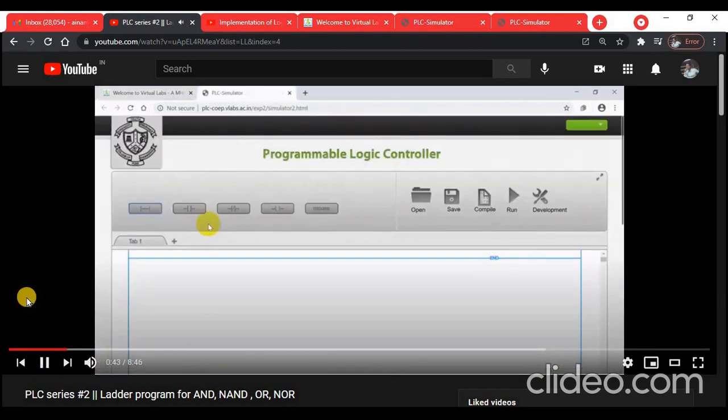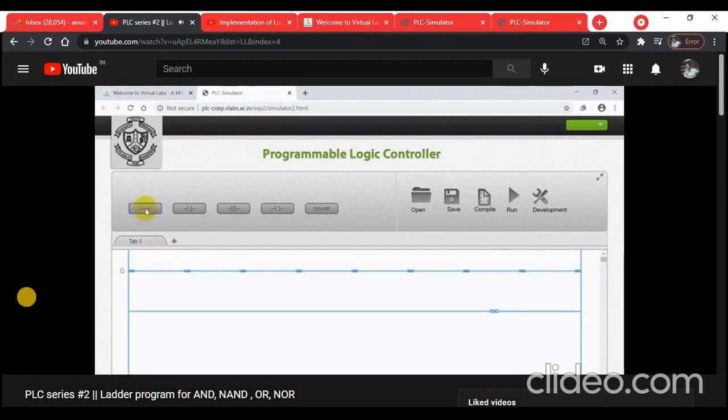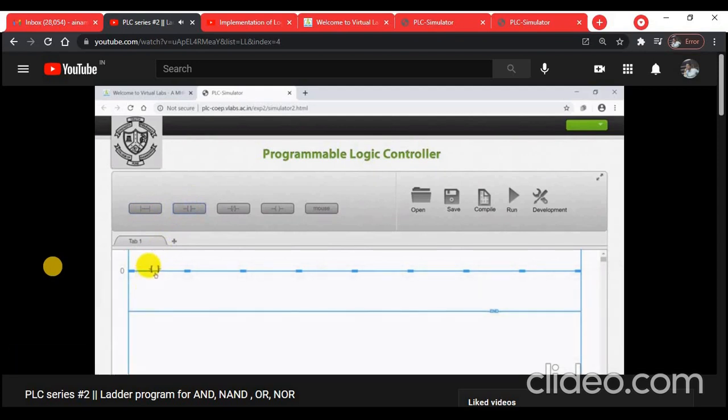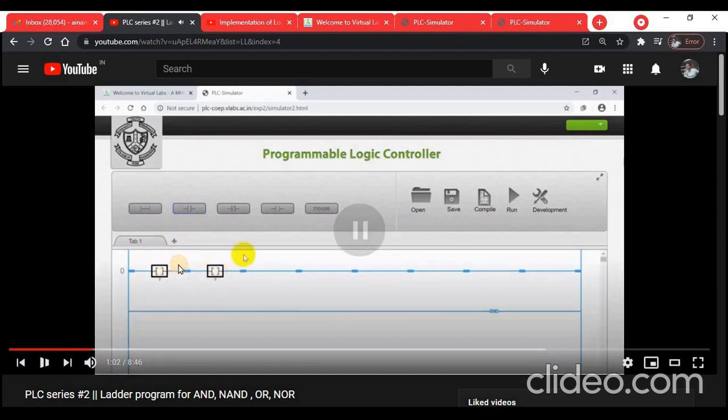Click here for simulator. Next, add horizontal rung. So first we are going to design the NAND logic, not AND. For AND logic, we are taking NO, normally open contacts.